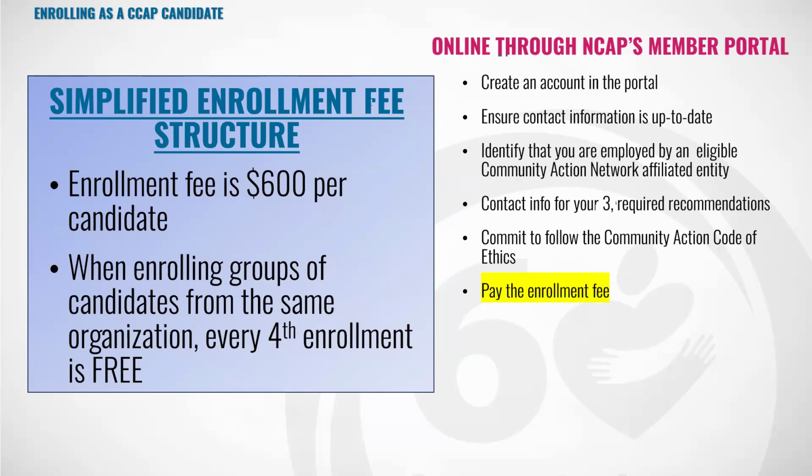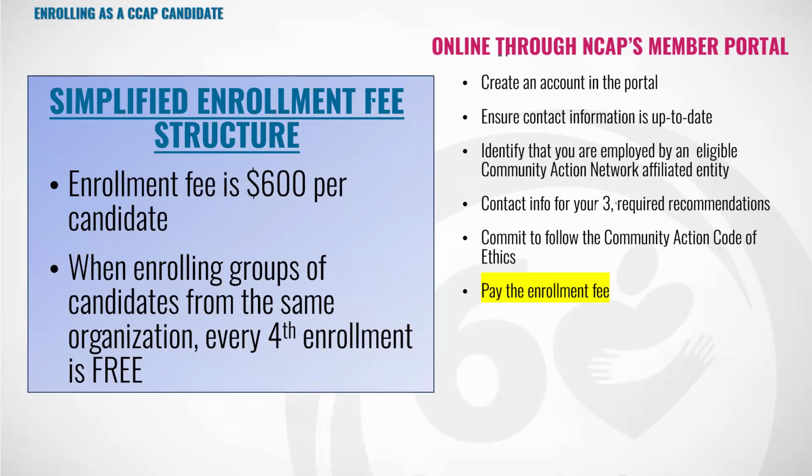So you probably want to ask your agency, you want to ask your state association if they're doing a group enrollment package, if your agency wants to save a little bit of money. If they are doing an enrollment package, they will receive a discount code. And just like when you purchase something online from an online store, you may have a coupon code or some sort of percentage off code. And when you reach the checkout stand, it'll say, enter your code here.